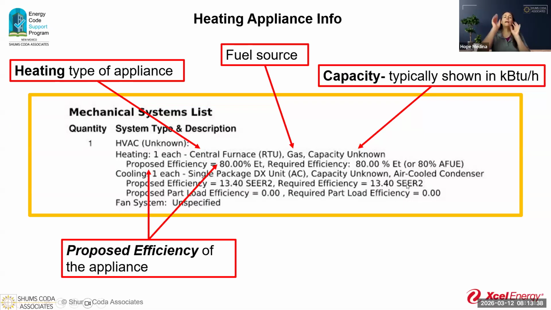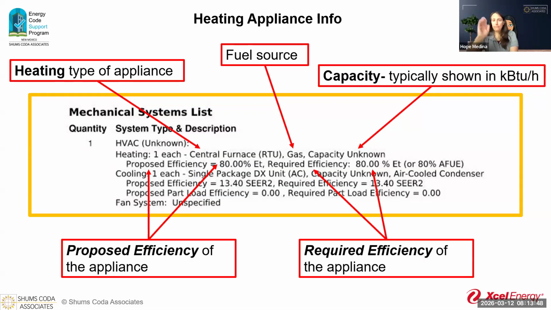But getting back to the report, this is the important one. Here it is saying, here's our proposed efficiency of what we want to install. And then this is telling me what the required efficiency is. Now, I get this question a lot: how do I know that this is correct? Because sometimes this one happens to be the same